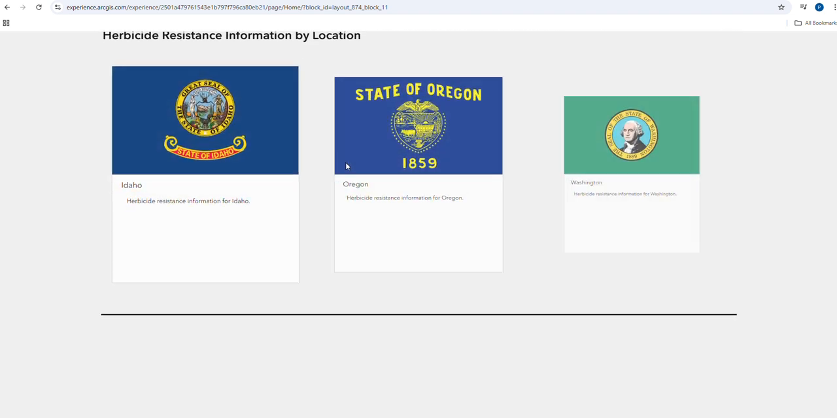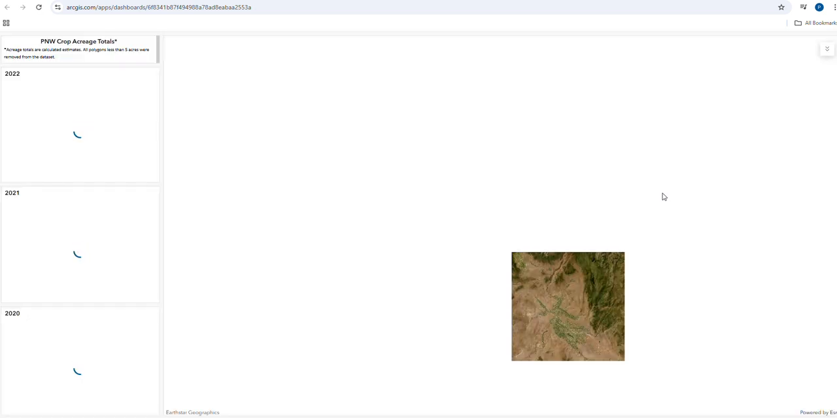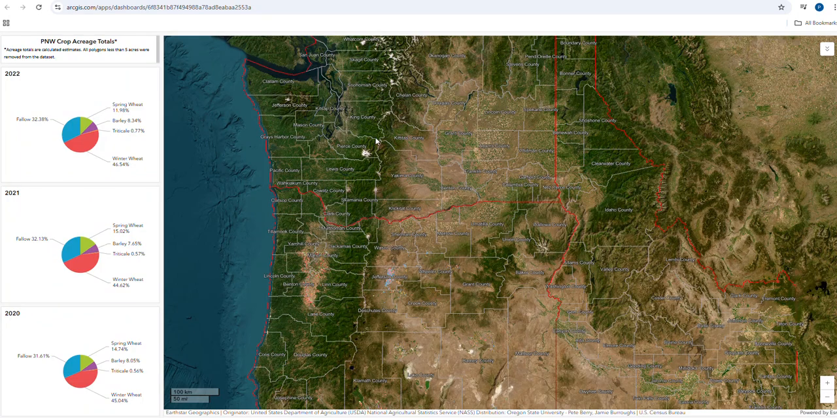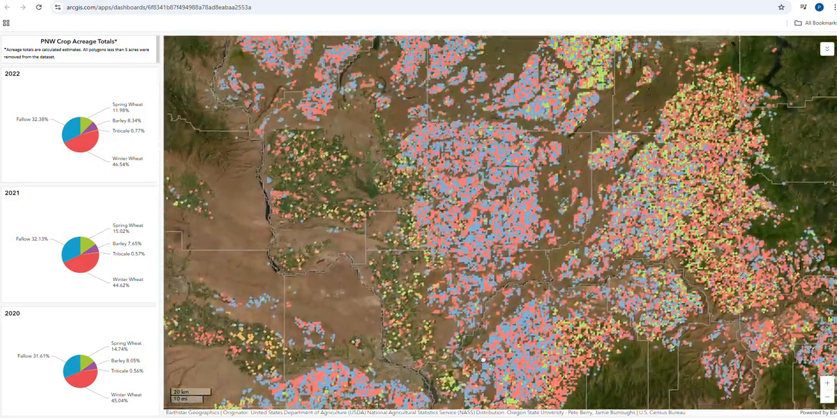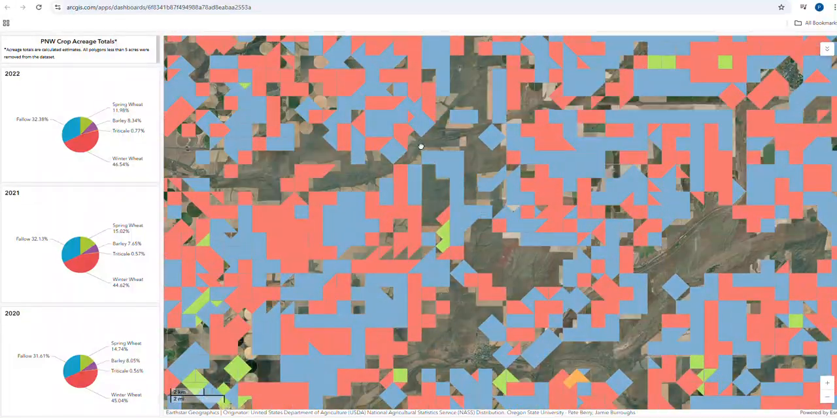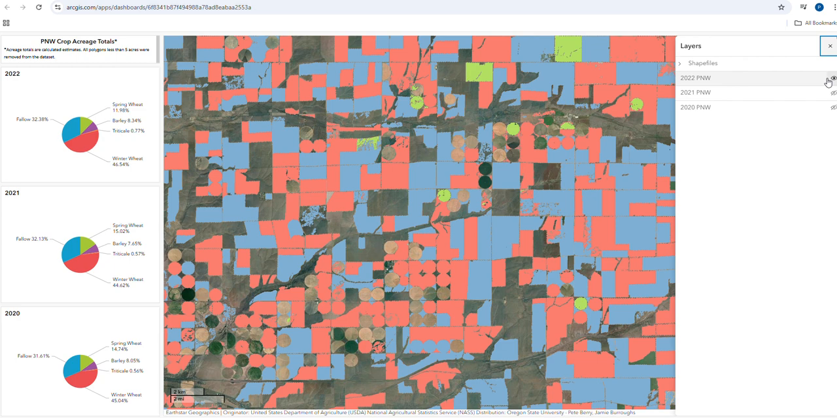If we continue to scroll down, we have the overall wheat acreage within the PNW. So if we wanted to go to this map, we have the 2022, 2021, and 2020 production acreage, both within an area and by year. And so if we wanted to zoom into Washington this time, what we can do is, first on the upper right hand side, we can decide what layers we want active. So right now we have the 2022